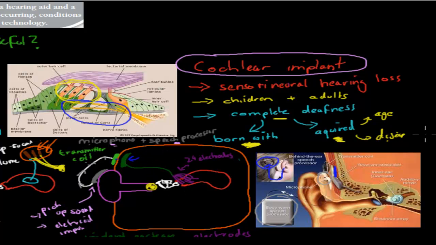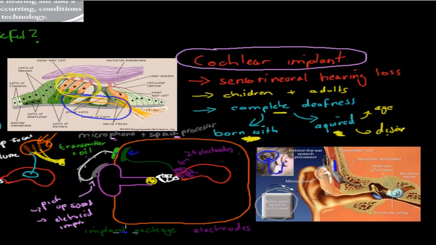We call it the implanted package. And this is what will decode the message it gets from the transmitter coil, and it will decide what to do. So the message it received from the transmitter coil, it will decode what it has to do with it, and then it will send a signal on to 24 electrodes, or a different amount of electrodes depending on the actual technology, but in many cases it's about 20. And those 24 electrodes will then actually completely activate